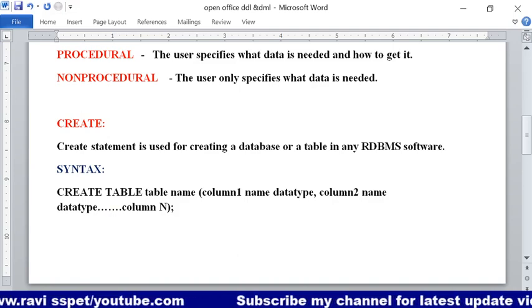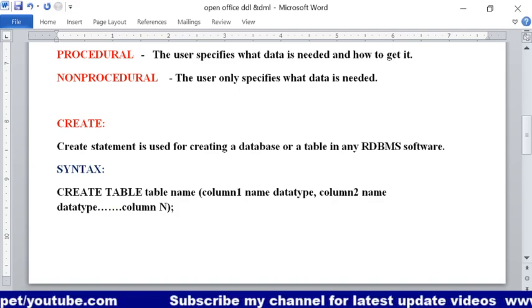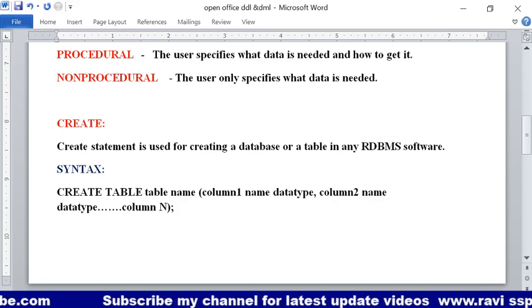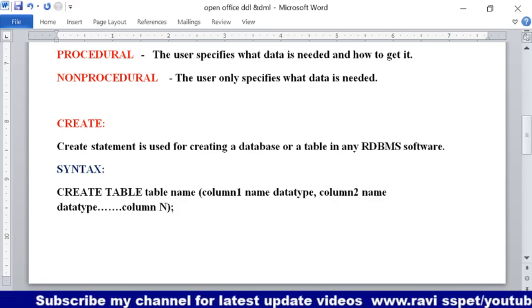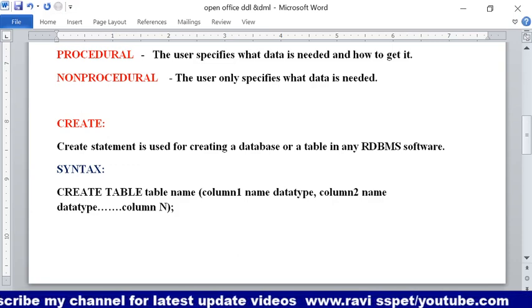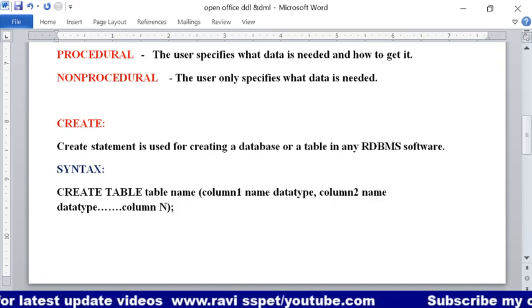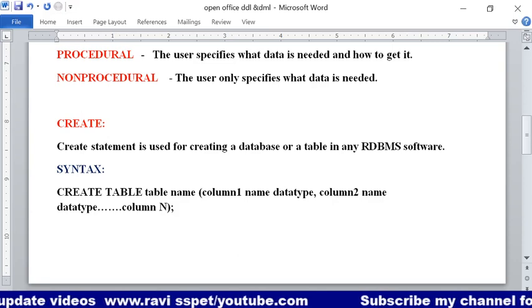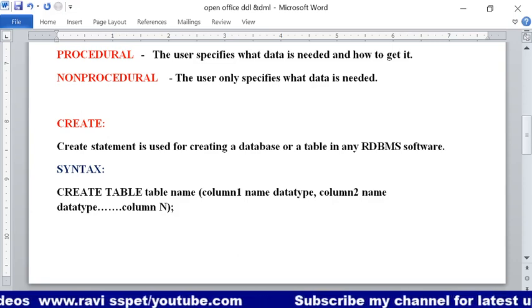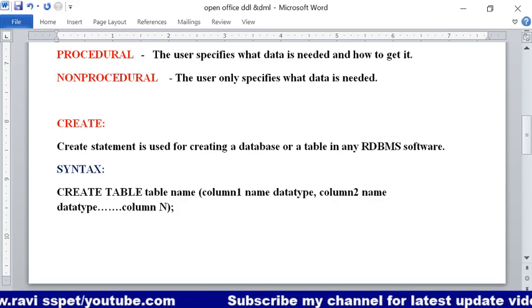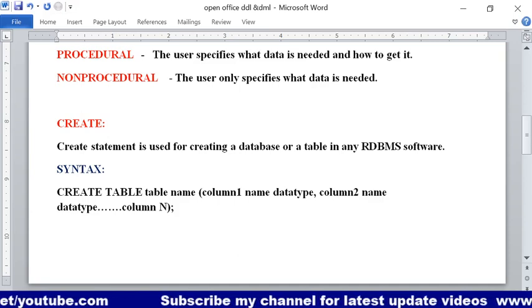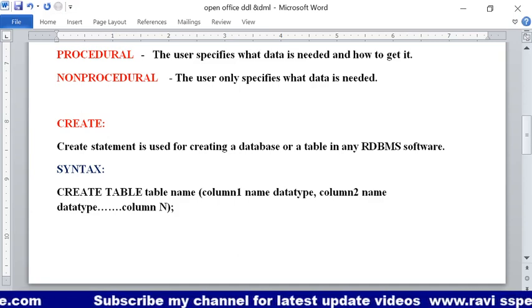So what is that rule? We have to write the rule like this: create table. So this is the keyword, and table name we have to provide here. Here we have to write the column one name. That means in your table, what is your first column name? You have to write here. After that, whatever the field you have given in your column, which data type it is, we have to provide here.